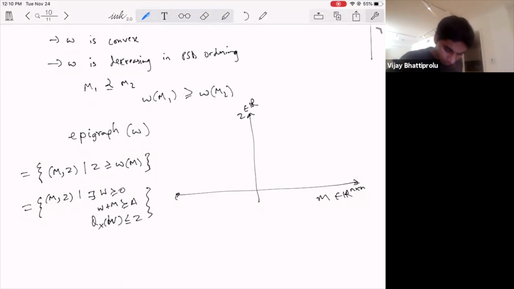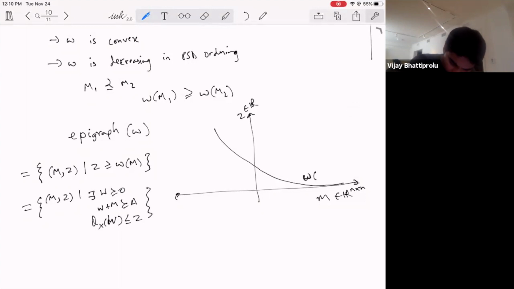Okay, but really you should just think of the picture. So this is, I'm just plotting omega of M. Okay, and let's say this is the point M equals 0. Sorry, before I say anything,